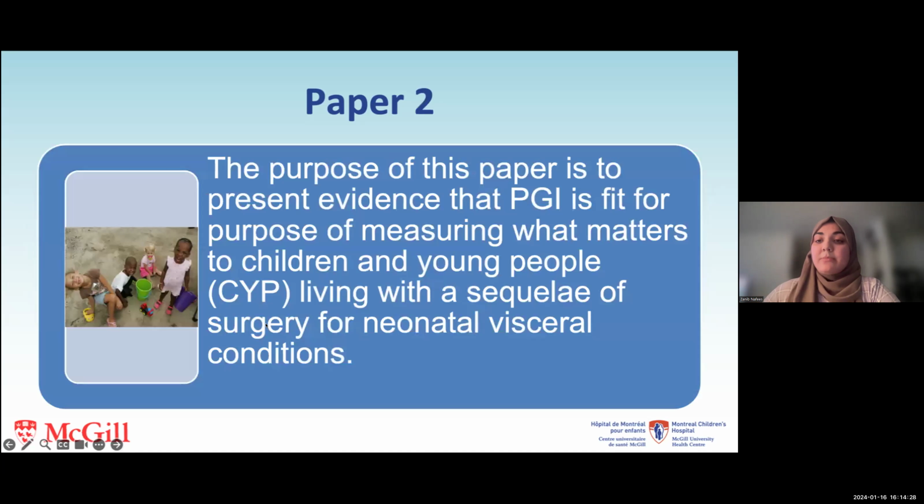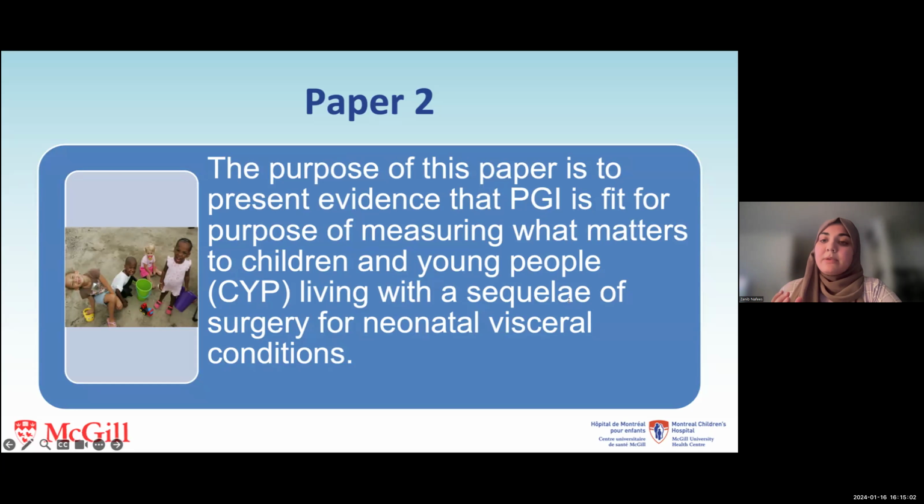And so for our second paper, we will address the gap, in that we aim to check if using the patient-generated index, PGI, as an outcome measure in pediatric surgery is feasible and practical. So this involves assessing its suitability for pediatric patients, discussing the evidence supporting its use, and exploring the logistics of distributing and completing the PGI. So we're going to compare it with measures like MyMop, EQ5DY, and PROMIS, and consider clinicians' perspectives on usability.